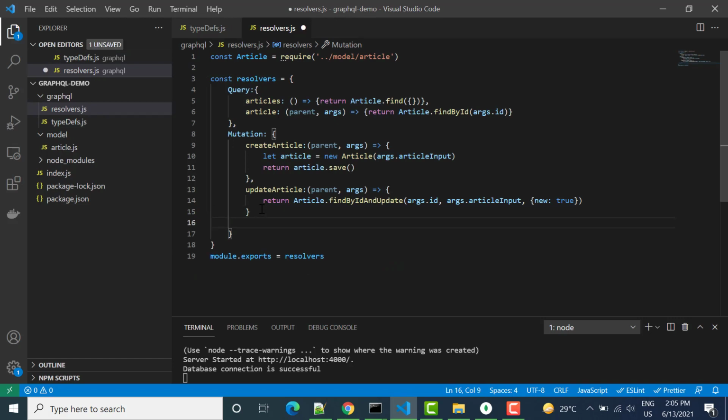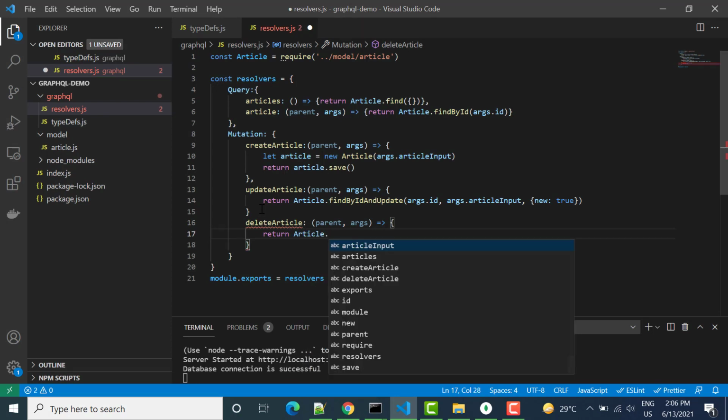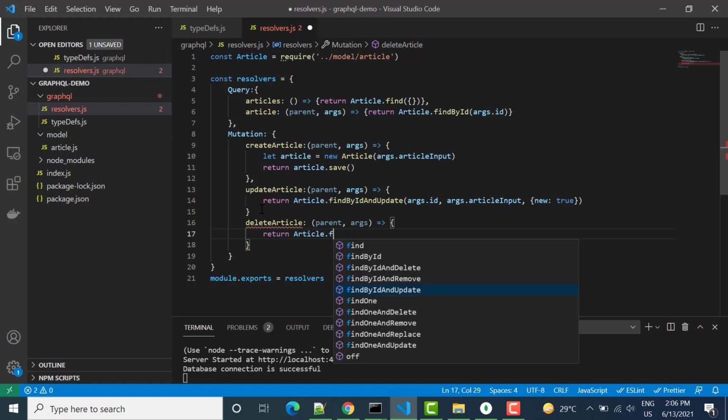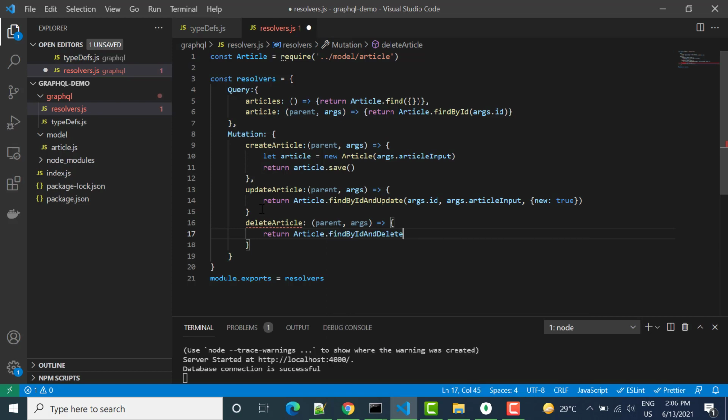So here we can use deleteArticle, and then we'll pass the same parent and then arguments, and after that we can write here return article dot, we have here findByIdAndDelete.